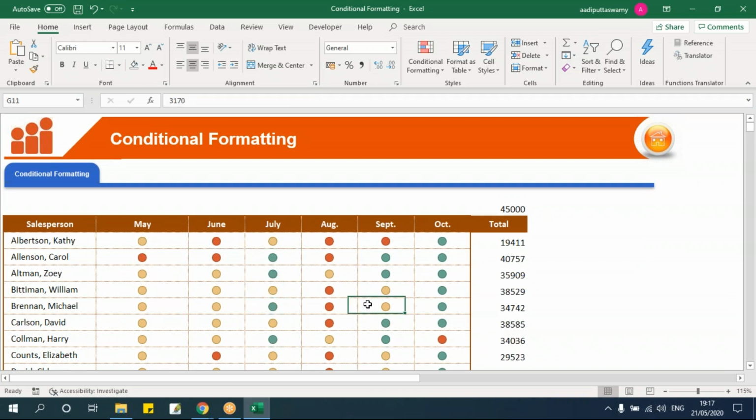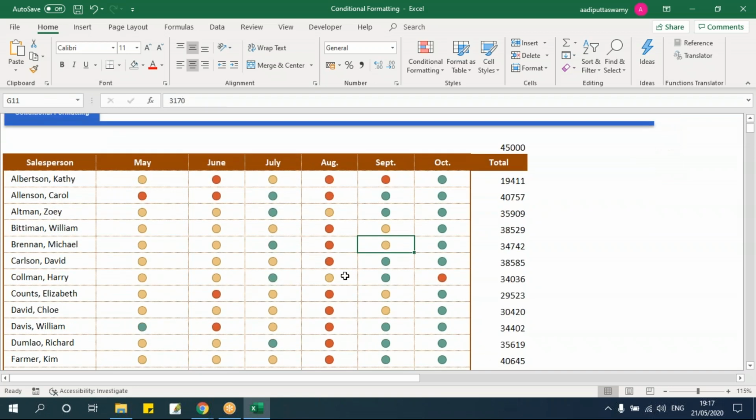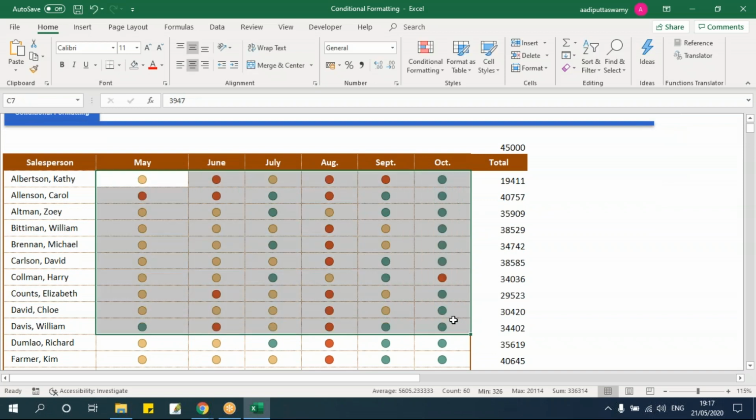When I select any of these cells, I can still see the values. I can see it in the formula bar. Or double click here, I can still see the values. These are actually just a kind of formatting which will display on the front end so that we can view it, but the values will not be deleted.